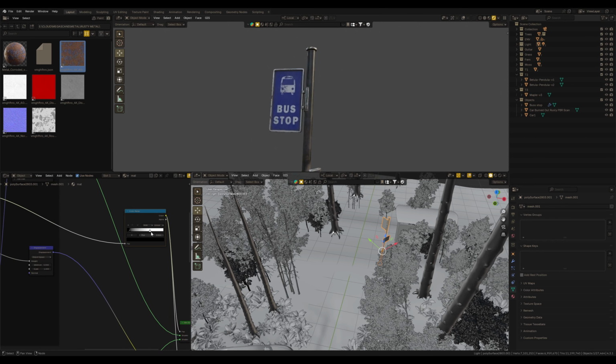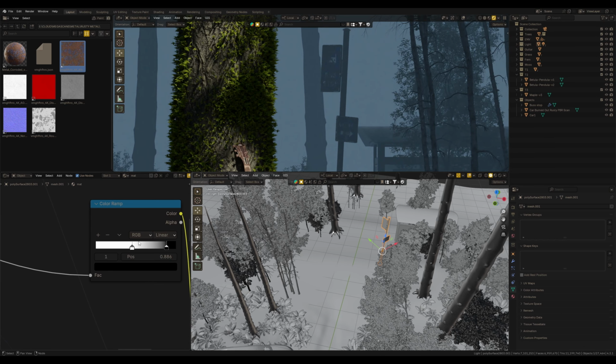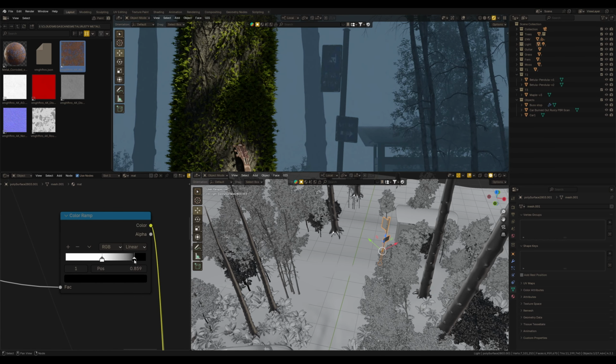This allows me to control which part of the model keeps the original material and which one gets covered by rusty metal. It's like the paint has peeled off over time, leaving hints that this was once a road sign. So something like this, yeah. Now this model fits perfectly, I would say, into our post-apocalyptic scene.